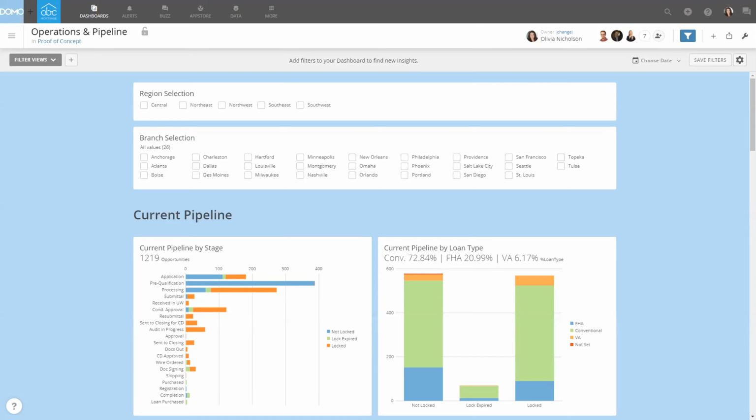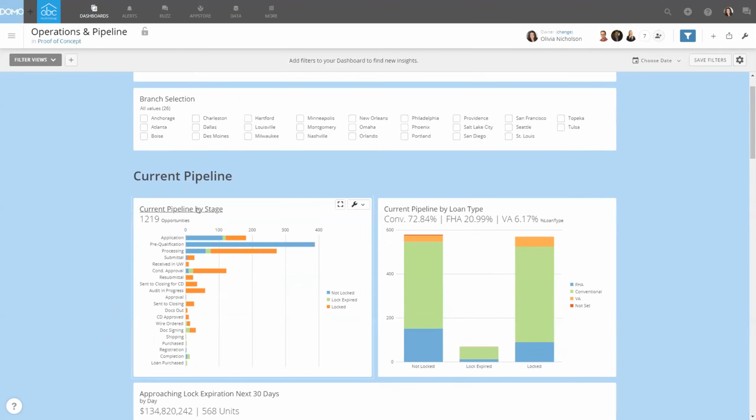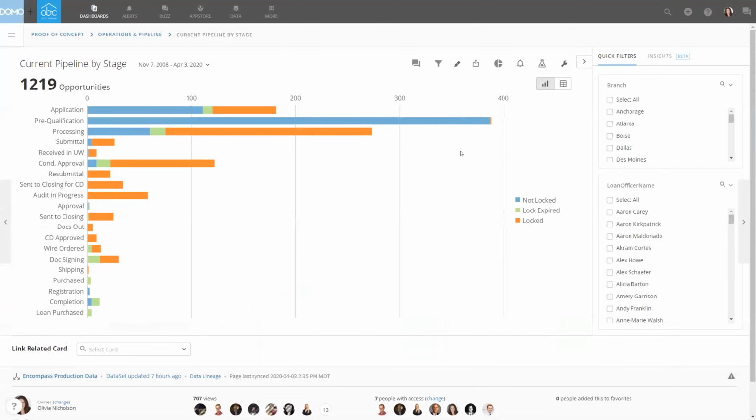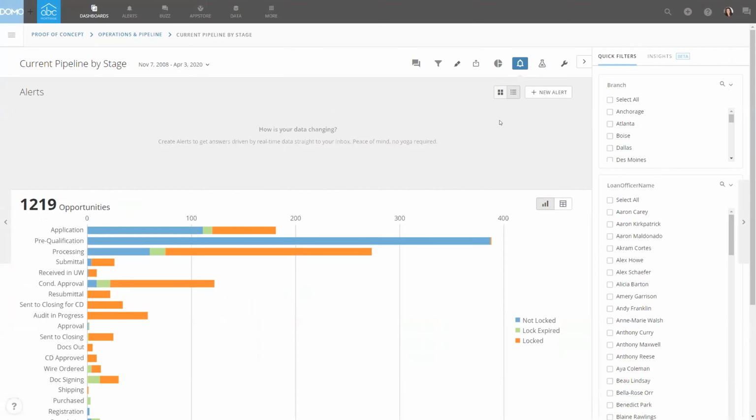Yes, you absolutely can. So the alerting functionality is just as I showed you on the pull through card, but really on any of these KPIs, any user can go in there, a licensed user can go ahead and set up an alert to see when those metrics change in any way that they want to. So this is not locked down to just admins or just certain users. It really is being able to create those alerts on your own. And like you said, manage by exception. So you don't have to be in here every day, looking every day. You just know what the trigger is going to be when something needs your attention.